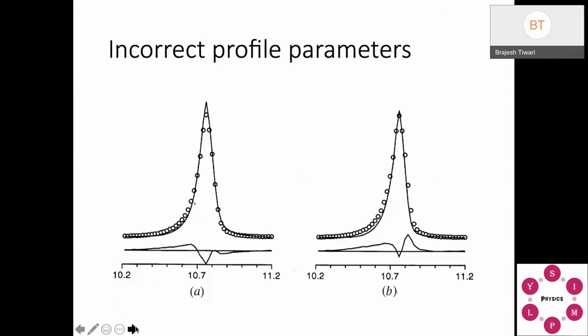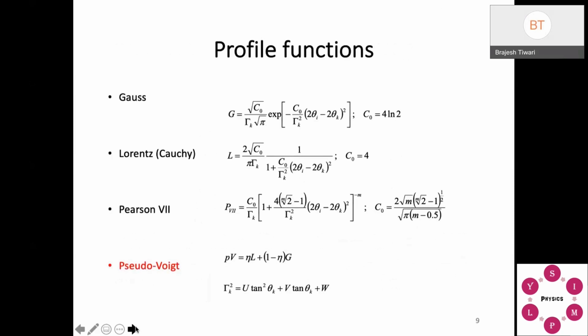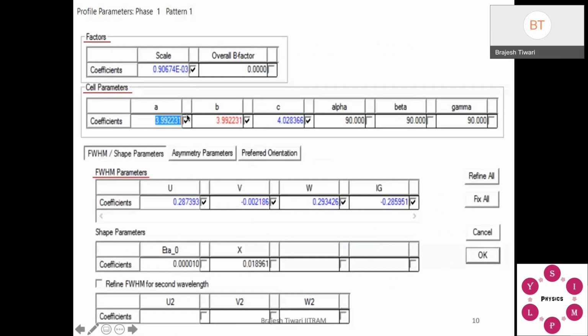Okay, this we have discussed already, the meaning of these parameters. They are related with the temperature somehow. So again, I have put it here. U, V, W: you can see this value is negative, but it is a very small value. We should avoid having very large negative values. And this is the scale factor, it can be anything, not a problem. The B factor we have not refined yesterday. To get a better fitting, the B factor should also be refined.